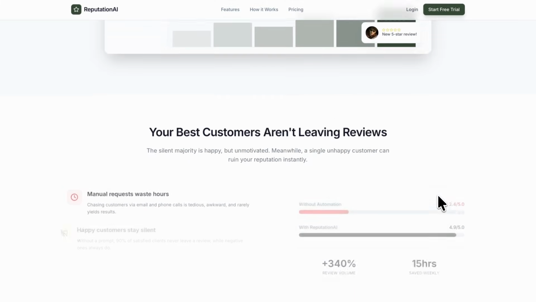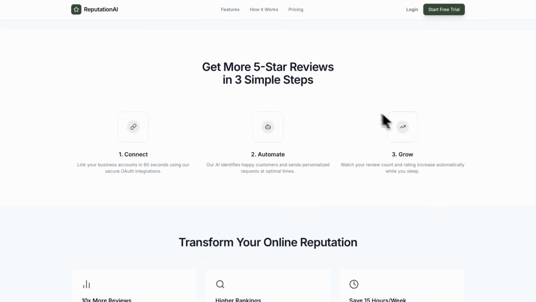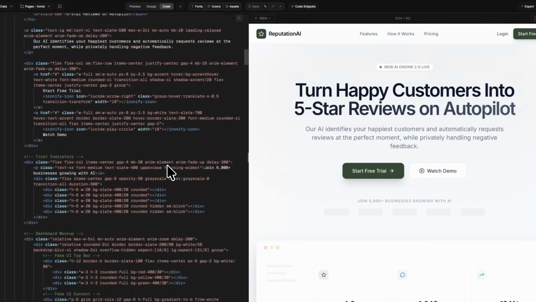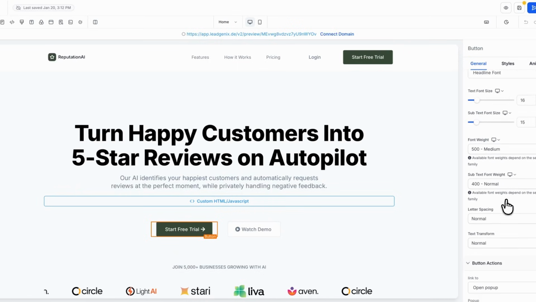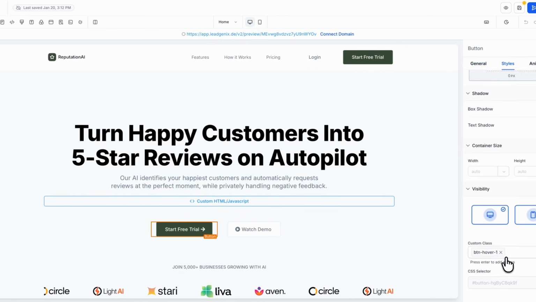This is a premium SaaS website design I generated using AI in under 2 minutes. It looks incredible, right? But right now, this is just an AI design, not a live website on the internet. The real question is, how can we actually build an exact replica of this professional layout inside the clunky GoHighLevel